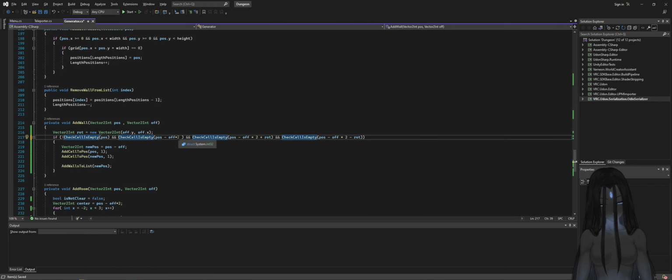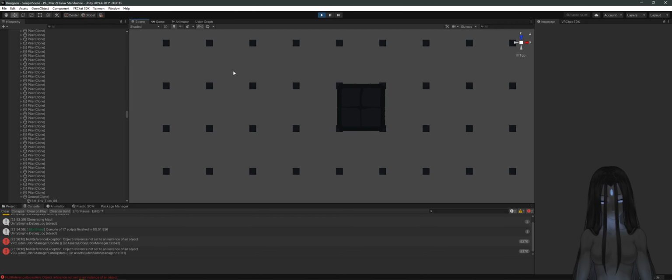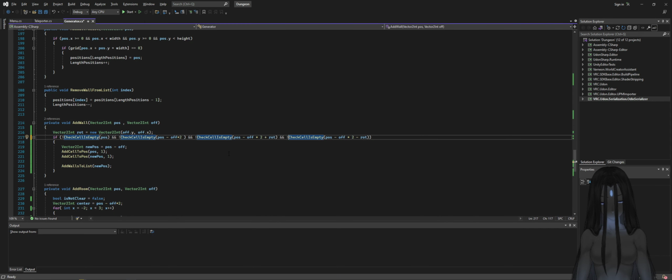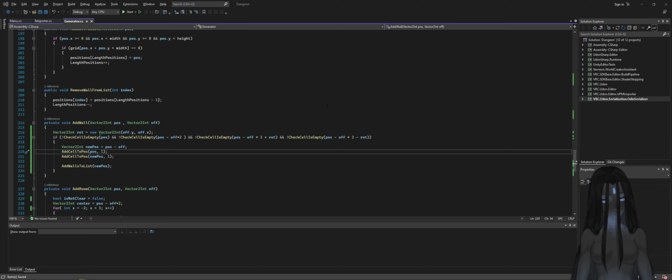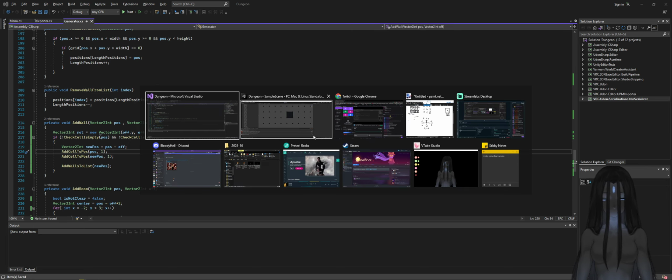We want that also to be a wall, and the two on the opposite side, so this one and this one, we also want those to be walls. So I was checking if they were